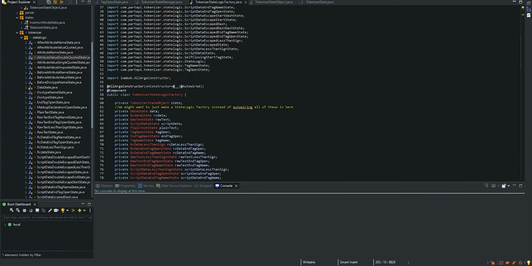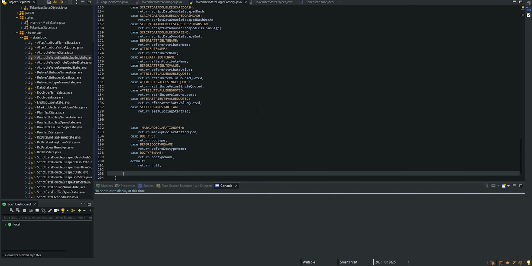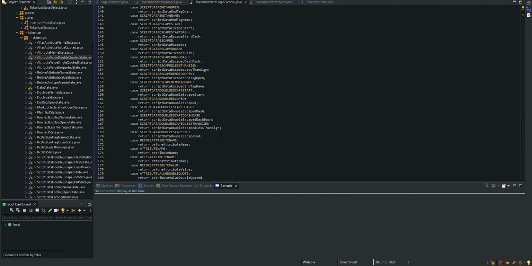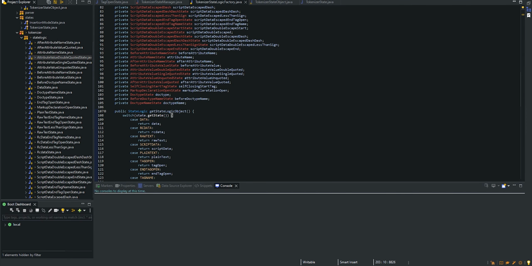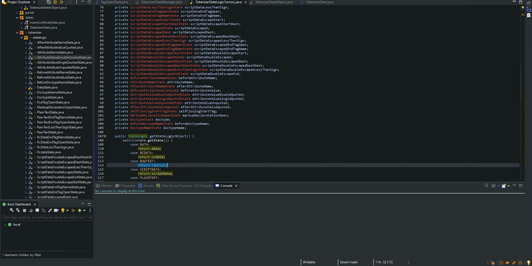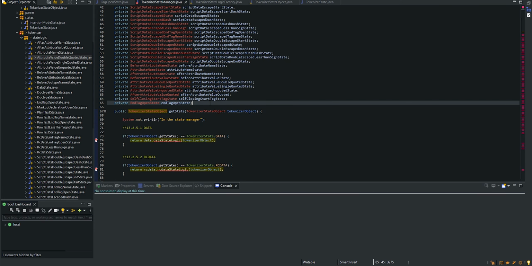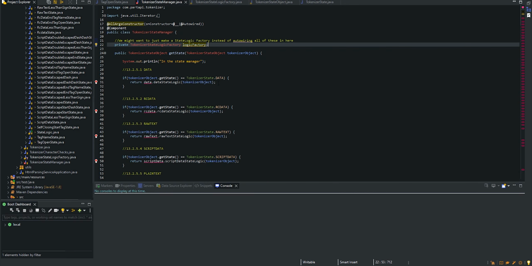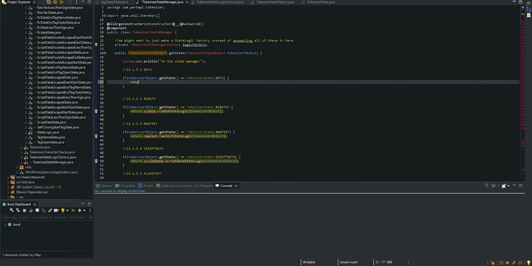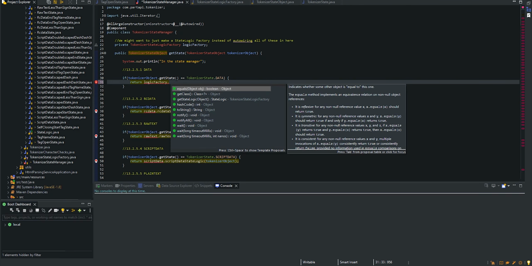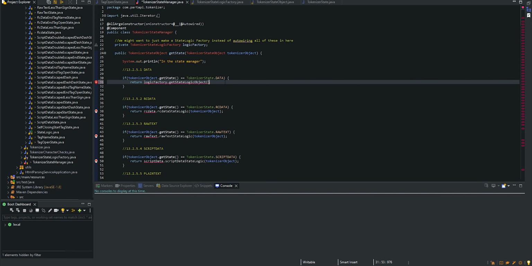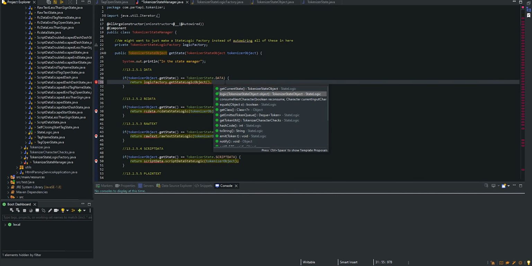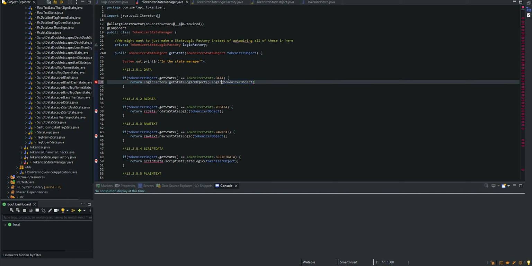All right, real quickly before we get interrupted here, our tokenizer logic factory kind of finished up. All this does is it checks the current state of our tokenizer state object and then returns the correct data object, or not data object, but data logic object. So now what we want to do in here is we can get rid of all of this. So this is no longer needed. And then instead of this, we can say return logic factory dot get this, and then we just need to say dot logic, pass in our object, and voila.